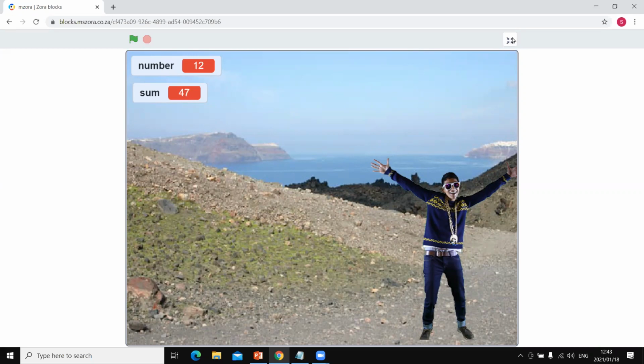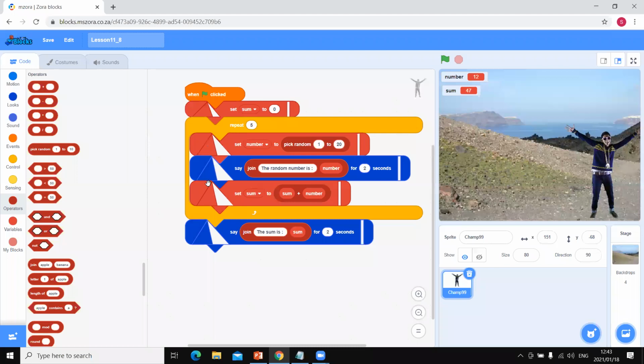Now, can you see this program does exactly the same thing as the previous program, but we used only 2 variables. That means I didn't waste storage space. This will work much faster than the other program. The other program used so many variables. If I come over here, guys,